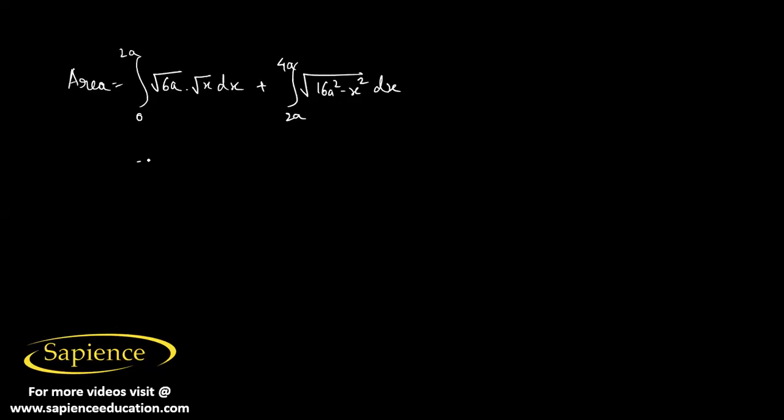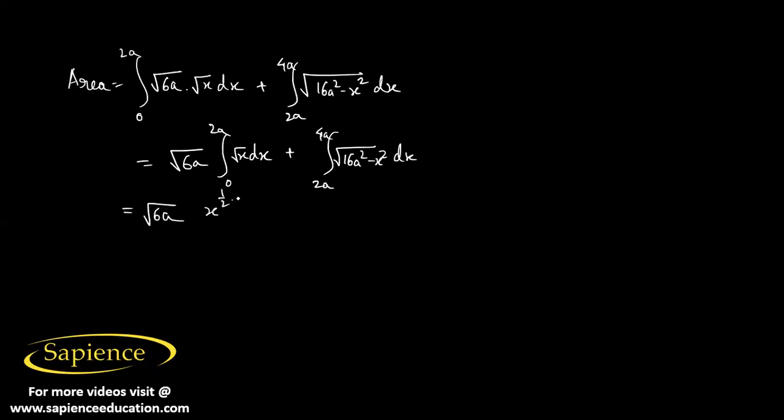So this will be equal to square root of 6a, which is a constant, so we should take it outside of the integral. Now it is the integral of root x dx from 0 to 2a, plus the integral from 2a to 4a of the square root of 16a square minus x square dx. Now that will be equal to root over 6a. Now this is x power half, so the integral is x power half plus 1 over half plus 1, and we have to integrate it from 0 to 2a, plus now we know that